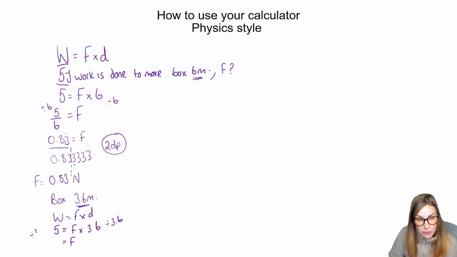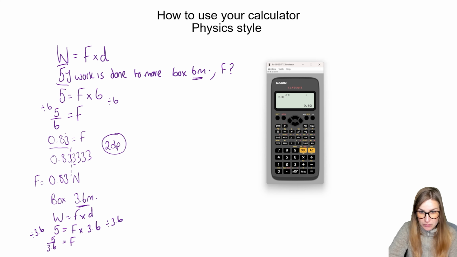What we do to one side, we've got to do the others. So what I'm doing now is 5 divided by 3.6. So if I pull up my calculator again, what we're doing now is we're going to clear that. We're doing a new problem. We're going to do 5 divided by 3.6